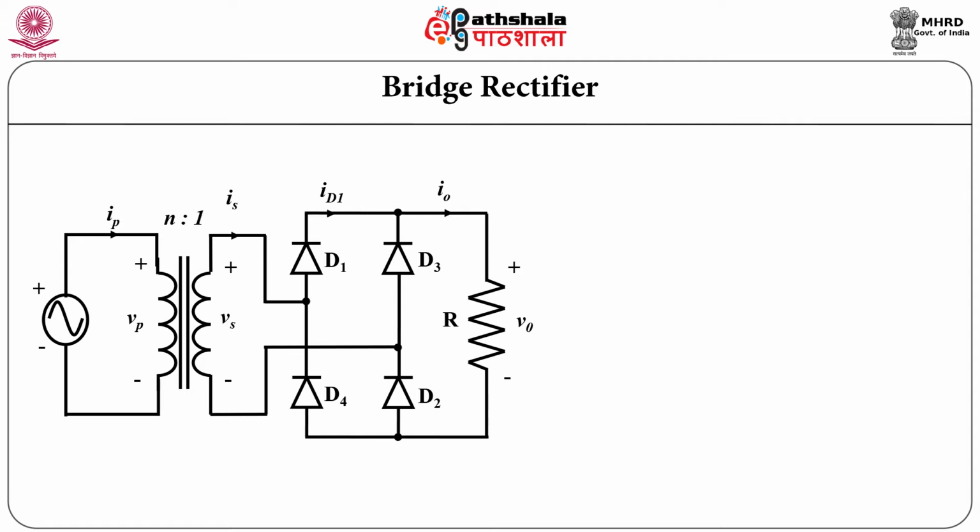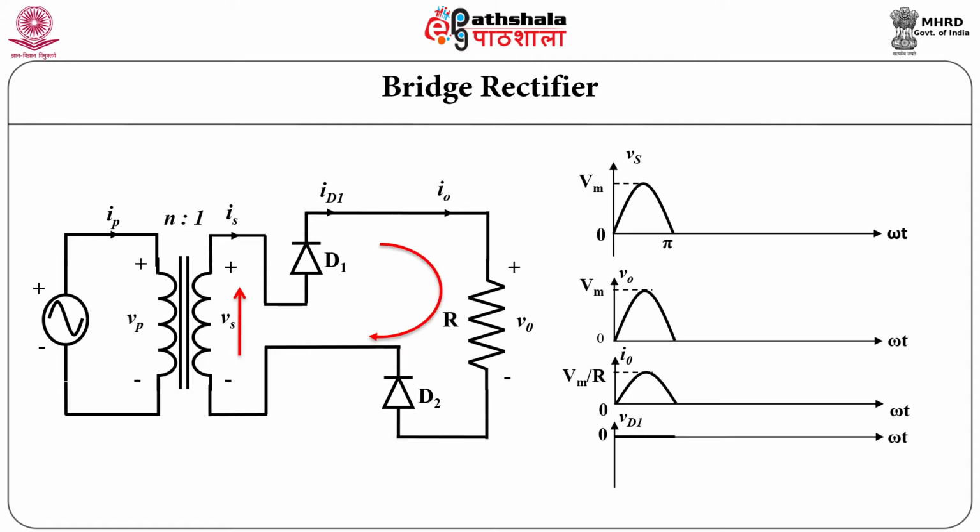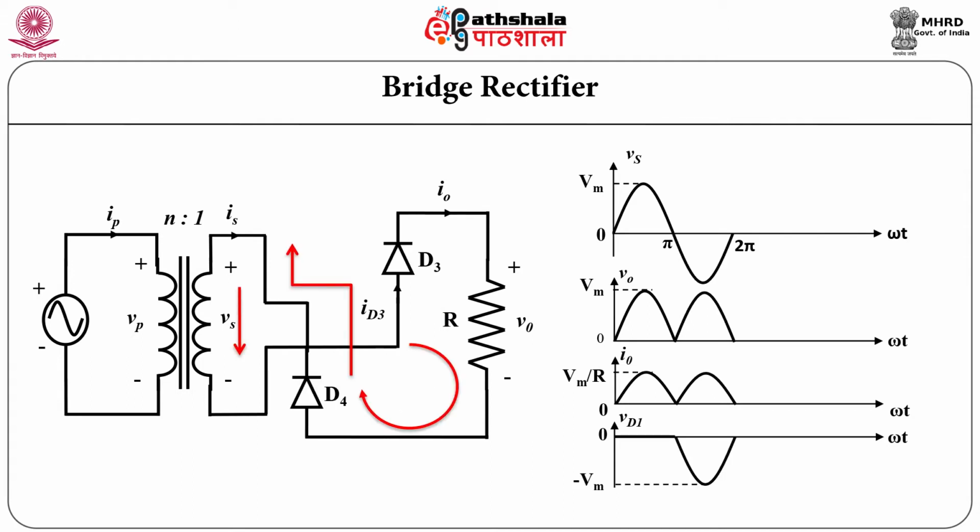In the first two cases, the secondary terminal is connected to the ground, but it is not the case in this circuit. During the positive half cycle, diodes D1 and D2 will be turned on and the path will be completed through the output resistor, that is load R, as shown in the figure. You will get the positive output. During the negative half cycle, current will be reversed and will flow through D3, R and D4 and it will return. So you will get the positive voltage.